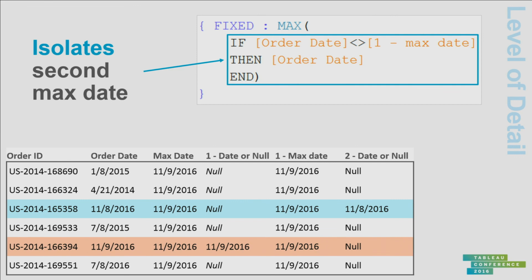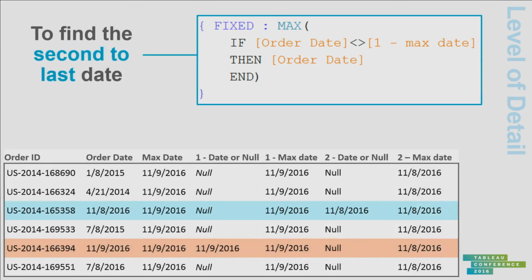Then it isolates the second to max order date by taking the max of this expression, which excludes our last order date. So this is going to do the same date or null based on our second to last. And overall, that's just going to return the second to max date, which is the 8th of November for every